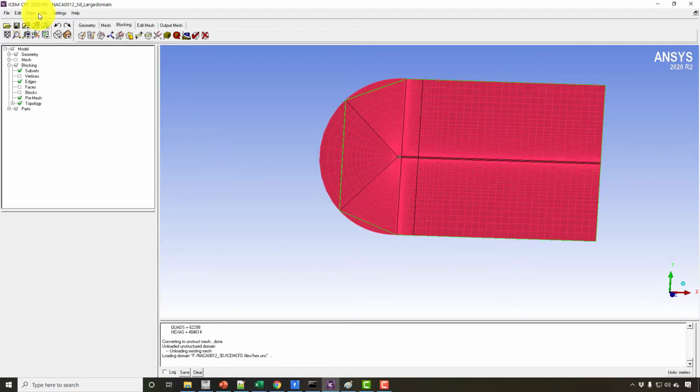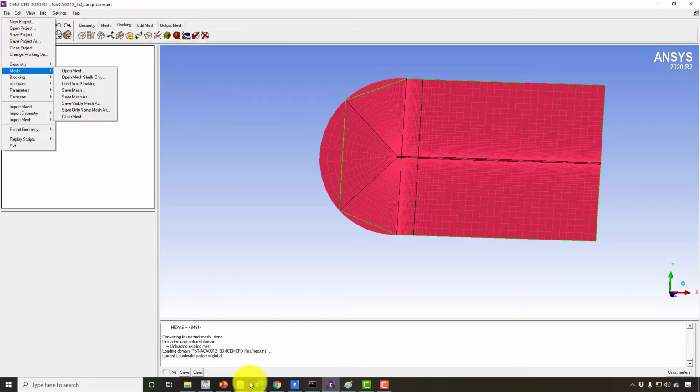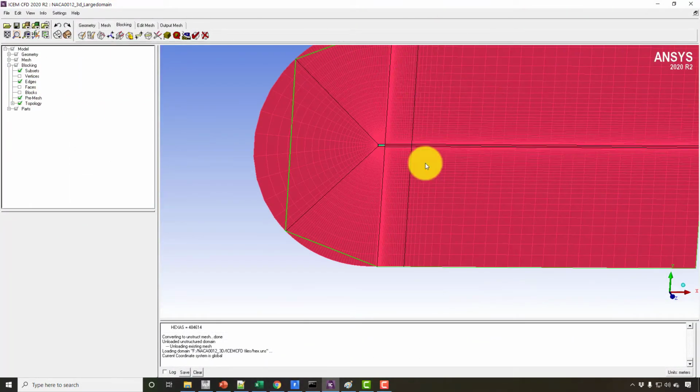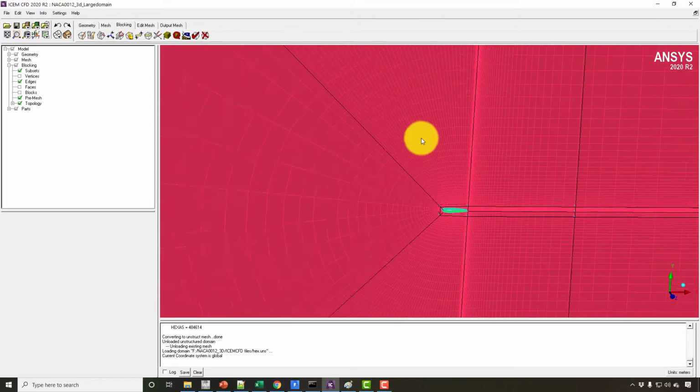and I will save the name as a new file, because now the boundary region has the same number of nodes, but it is reduced by 40%, by say 60%. So we only have 40% depth there. And this is based on the analytical results that the boundary thickness is more than 0.018. So we have put the value as 0.2, not 0.02 but 0.2. And we think that with more nodes this will be more accurate.